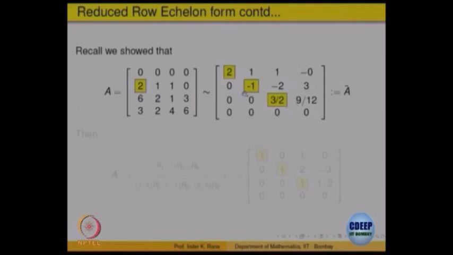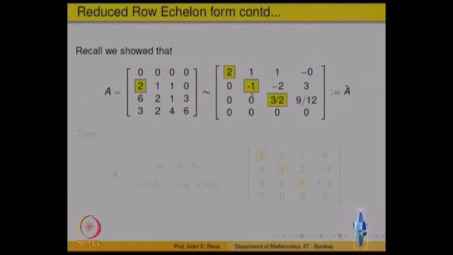Once the pivots have become 1, I can use that to make the entry above the pivot 0. This entry is 1, right. I can make that entry 0 by doing a row operation in the first one and the second one. That will not change this entry, right, that will stay as it is. So, on the left side the entries will not change. So, this pivot will remain as 1 by that row operation. When I try to make the second entry in row 1 equal to 0, I can do it here itself also. I can just add this row to this, that will make it 0, right.